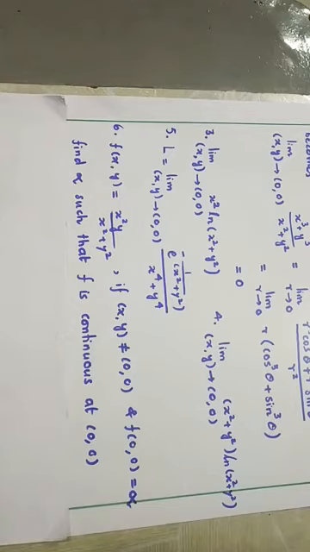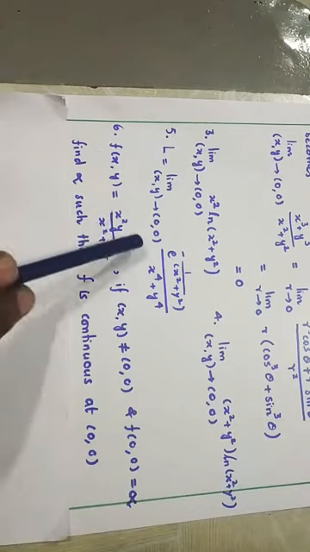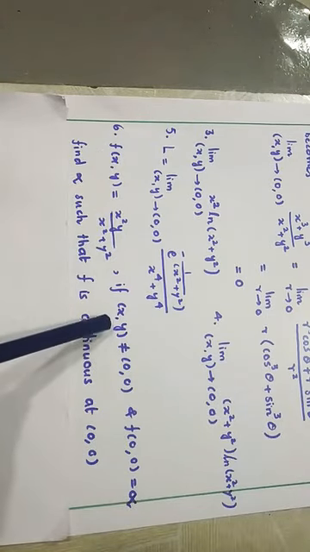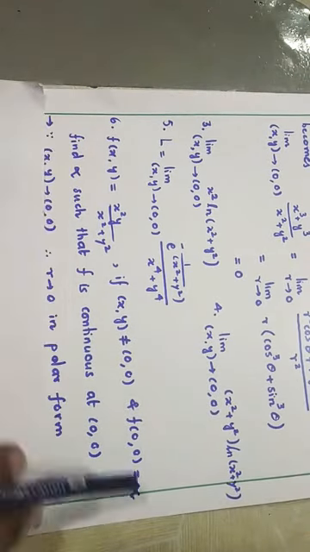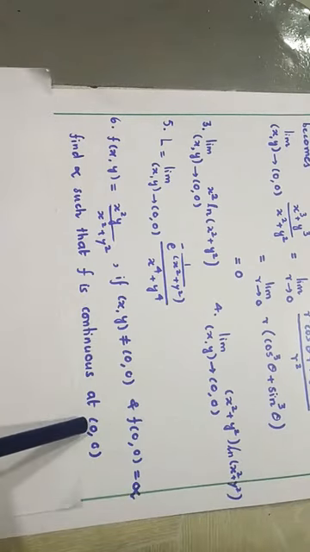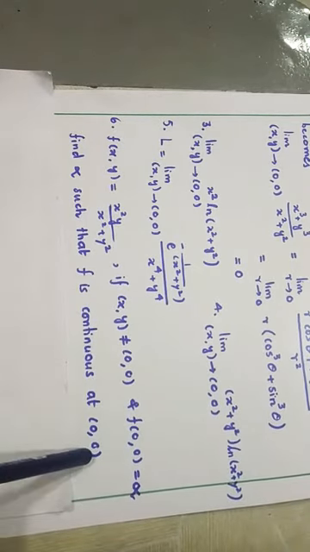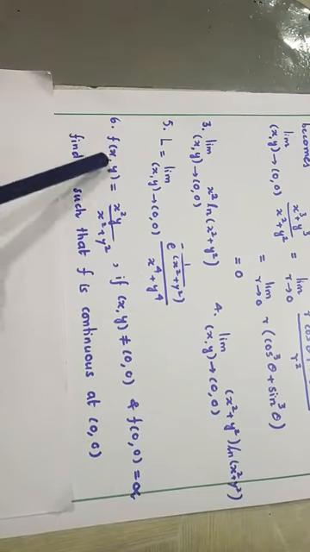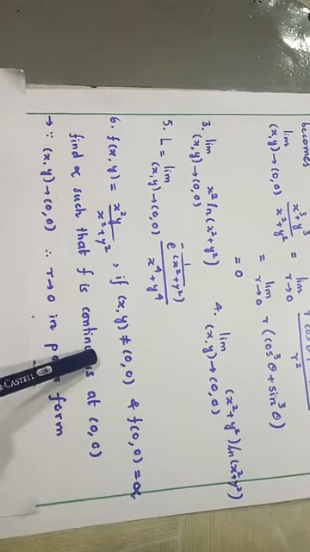Okay, come to the next, a slight change in the problems. When the function is x square y upon x square plus y square, when xy is not 0, and it is given that f at 0 0 is alpha, then the question is to find alpha such that f is continuous at 0 0. It means this limit exists and the function is continuous. So if the function is continuous at 0 0, then the limit of this function when xy is tending to 0 0 must be equal to f at 0 0. So we need to find the limit and equate it to alpha, and we'll get the value of alpha.